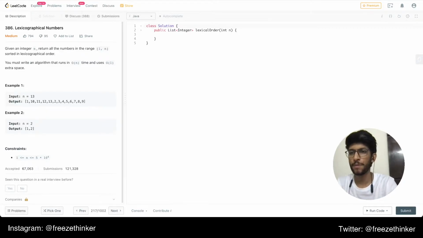Hey guys, today we'll be solving a problem called lexicographical numbers. It says given an integer n, return all the numbers in the range of 1 to n inclusive, sorted in lexicographical order. So lexicographical order is the same order that you see in a dictionary, and for numbers it